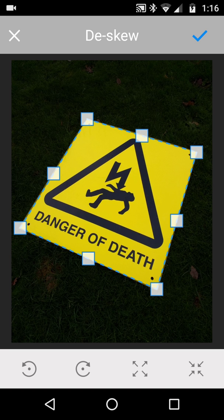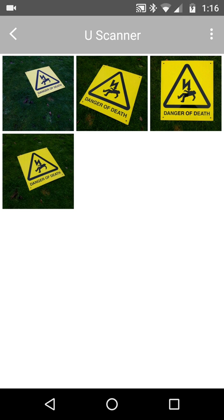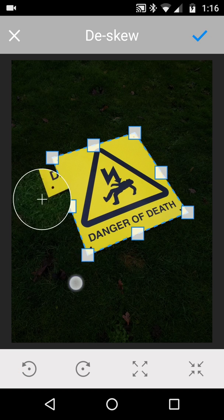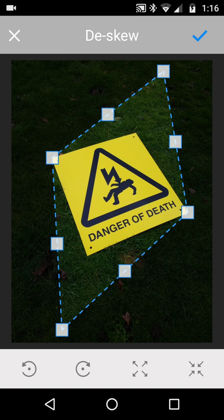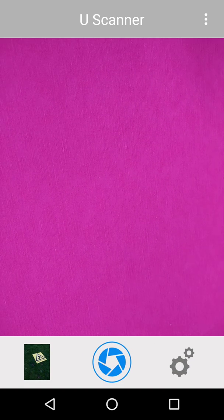That's the way it's found this image at that skew, and we can go back and I want to choose another image just to see if it finds them all, which I'm sure it will perfectly. Let's try that one as a last go. It processes this up. Now if we think we want to adjust it, we've already covered that in the previous couple of screens. If I did, by the way, want to do something really silly and go like that and click OK, then it will actually start stretching the thing, which is really interesting because you can get some quite artistic examples. No, I don't want to save that,